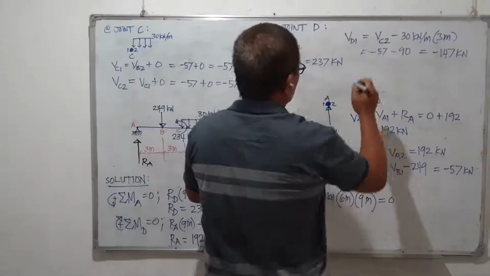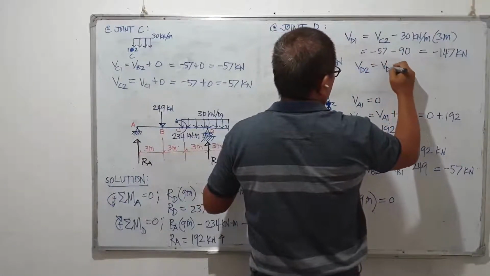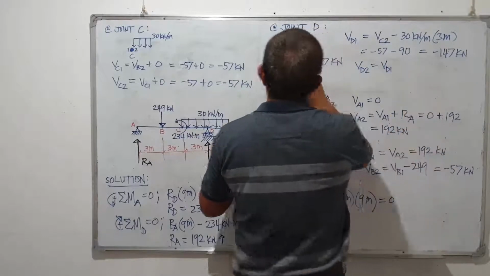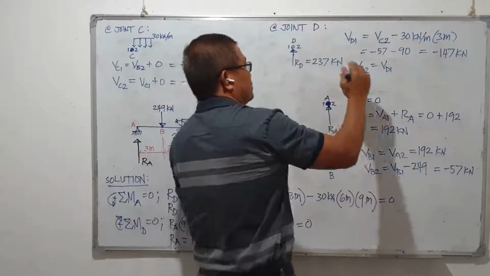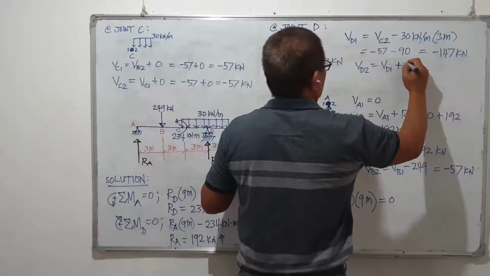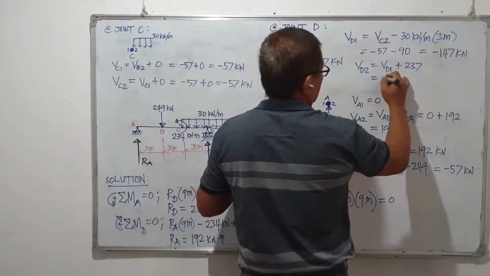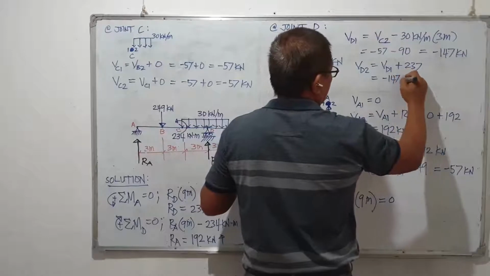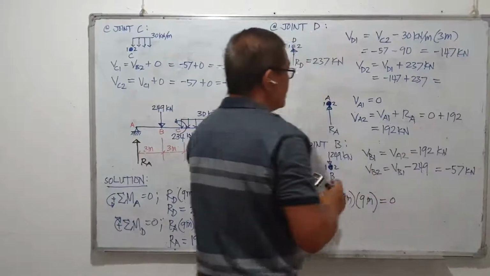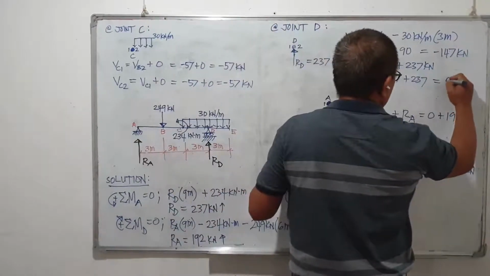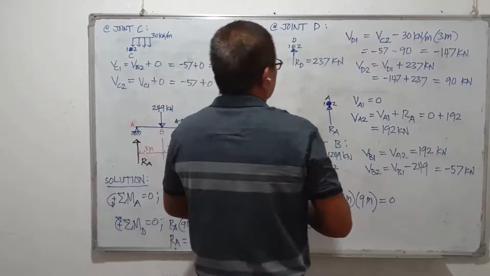This V sub D2, shear a little to the right, is equal to shear at D1. Then this reaction is directed upward, so it's a positive shear of 237. This is negative 147 plus 237, which gives us 90 kilonewtons. And then finally,